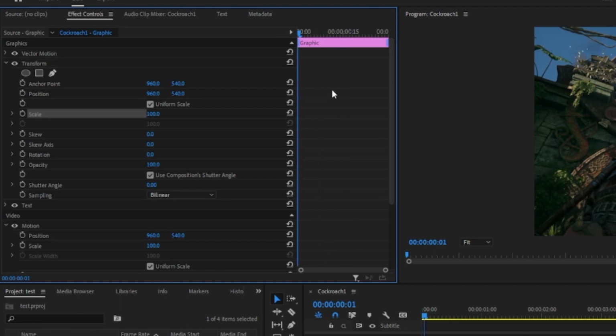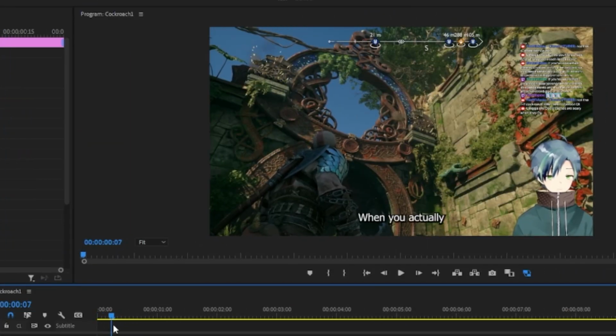So in order to add our first keyframe, we're going to go ahead and click this clock next to the scale button. So this will add our initial keyframe. And we're going to go ahead and just change this scale size to 60. And we're going to go ahead and click on this bar again. And we're going to move over with the right arrow 4 times. 1, 2, 3, 4. We're going to add another keyframe here. This is going to be 110. And then we're going to go over 3. 1, 2, 3. And this should be 100. And so as you can see, the text is going to fly in and kind of bounce,